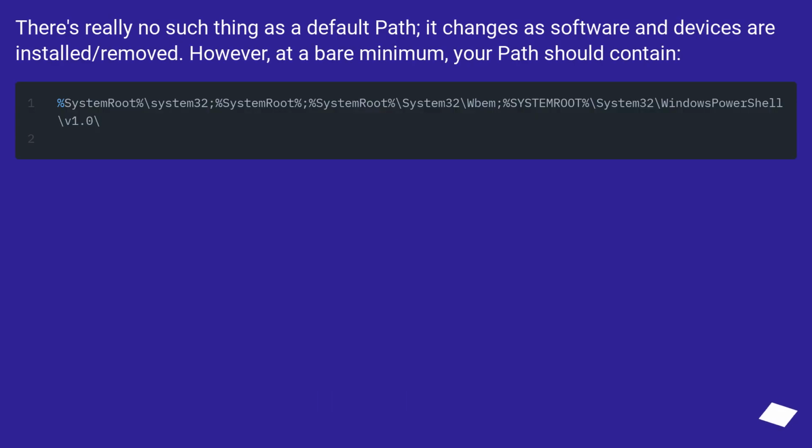There's really no such thing as a default path. It changes as software and devices are installed or removed. However, at a bare minimum, your path should contain